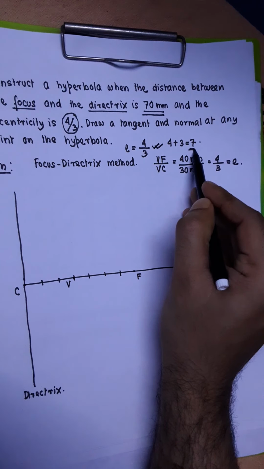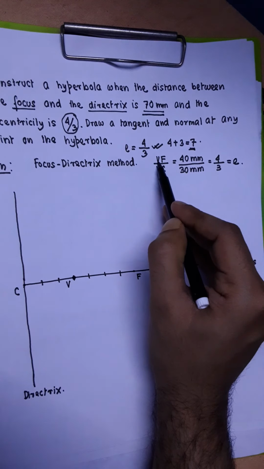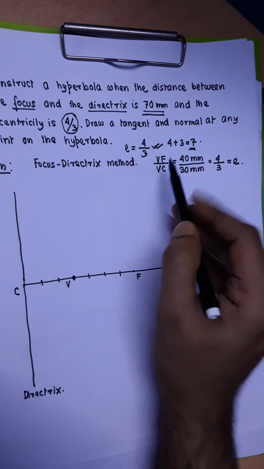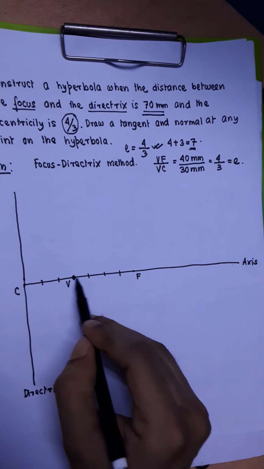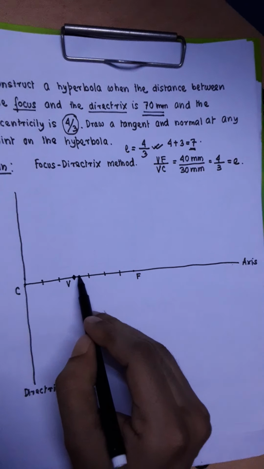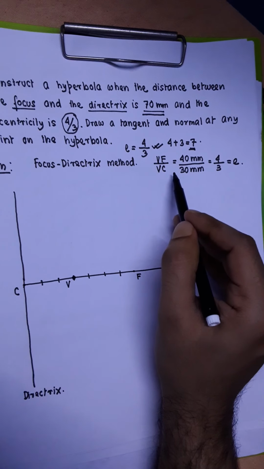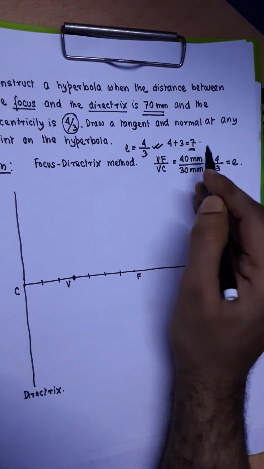equal parts, and after doing so we take the vertex, which is one of the several points on the hyperbola. The vertex is a point which will lie on the hyperbola. The hyperbola will pass through the vertex, and we know that eccentricity means distance of any point on the hyperbola from the focus divided by the distance of the same point from the directrix. So if you divide this total distance into 7 equal parts, and locate the vertex on the 4th division from the focus side or on the 3rd division from the directrix side, then the eccentricity value can be maintained. That is why we divided the distance CF into 4 plus 3 equal to 7 equal parts.